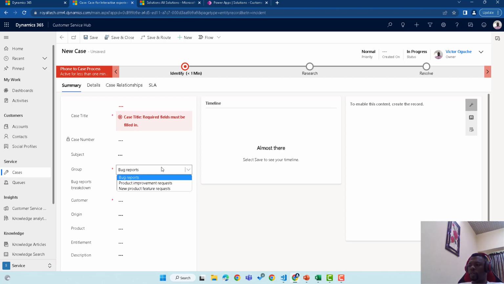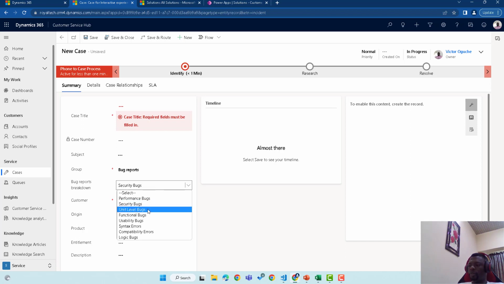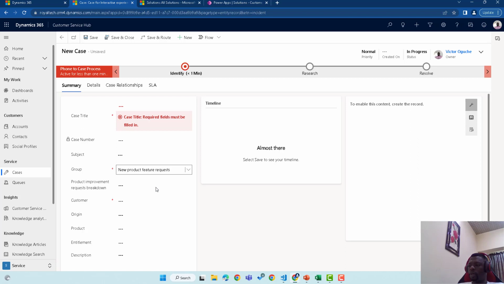So for us to be able to select one of it. However, if I change this, you see that the new products feature comes up instead of the bug, because we've changed this here. If we do the same here, you see this. And for each of them that you change, their specific breakdown comes up. So for this one, the breakdown still comes up. So for this one also, you see the breakdown. So instead of agents coming here to look out for and go down looking for what they're doing, when you just select the group here, the breakdown specific for that group comes up for them